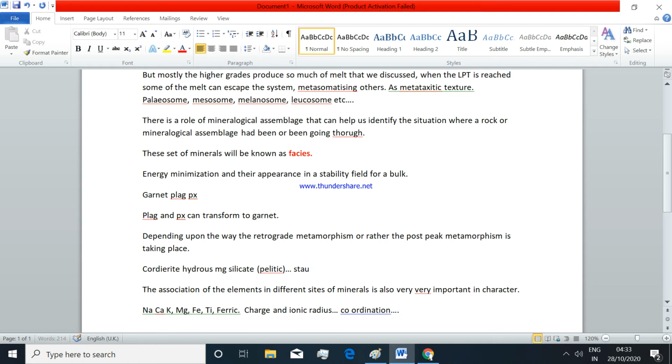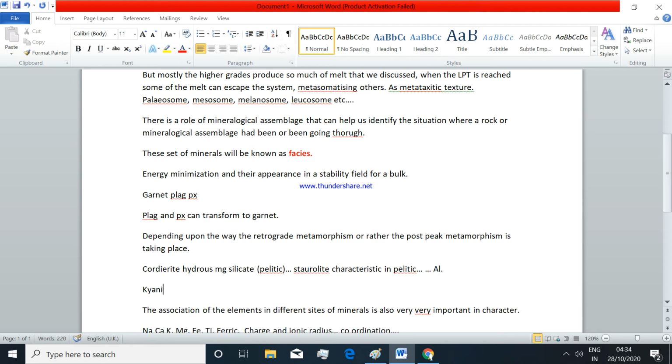The other mineral which is very characteristic in pelitic rocks is staurolite, which might result from biotite, muscovite, garnet dehydration melting in presence of water, as well as zinc, which should be a minor element in a rock, might play a very important role. So the appearance of staurolite in a pelitic rock is also because of the presence of aluminium. So kyanite,